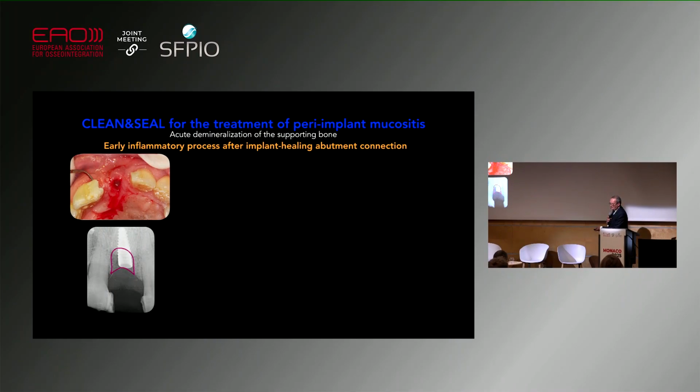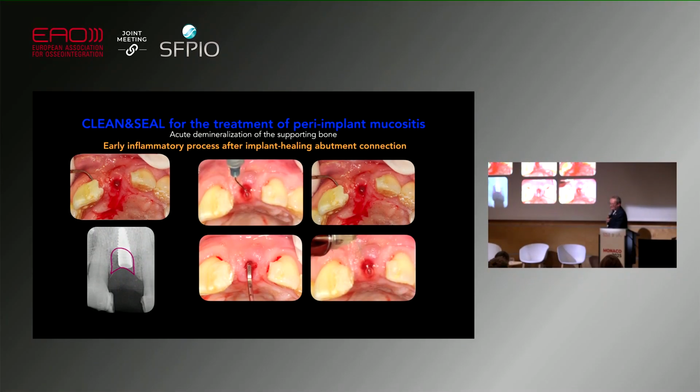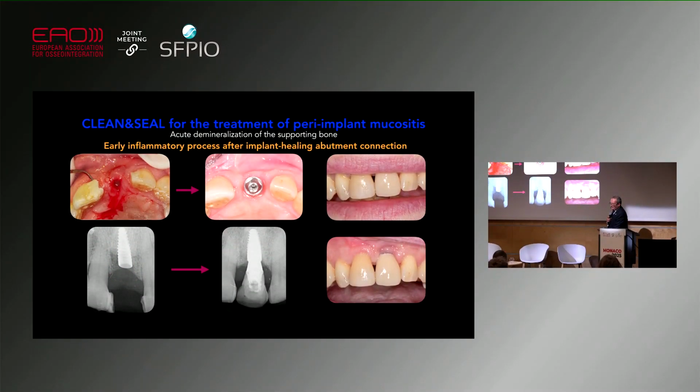Also, you can see that we found acute demineralization in the supported bone, and the CLEAN&SEAL concept with the mechanical debridement and completely eliminating the dissolved granulation tissue around the implant, and then to have a closed healing inside the wound, we selected only one time placed abutment, screw retained abutment with a screw retained crown,